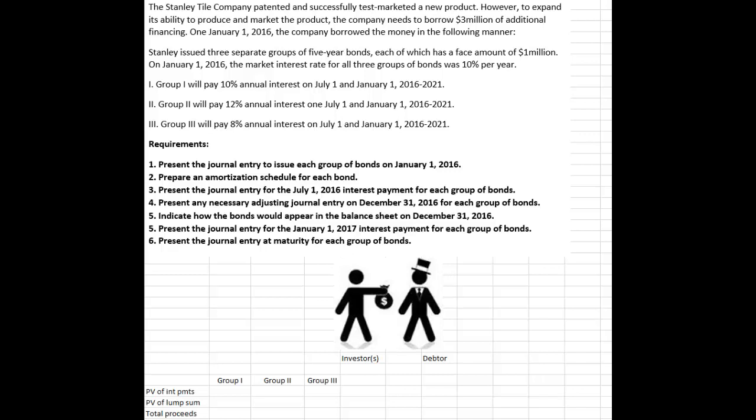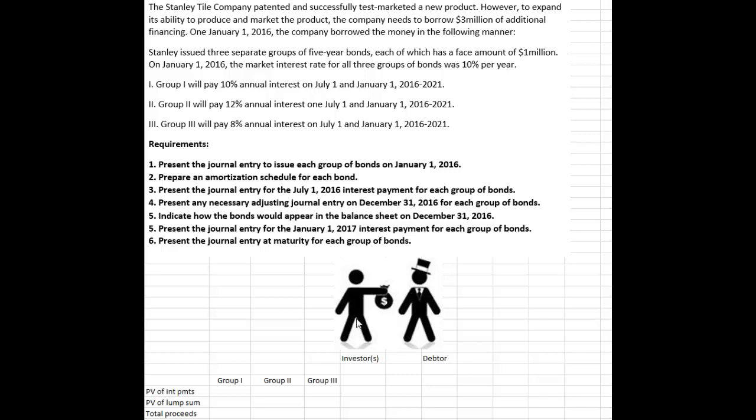So remember from class and in prior courses that when we look at bonds in particular, bonds are nothing more than a contract, and it's a contract between two parties. On one side of the contract we have investors that have money, and on the other side we have the debtor that's going to borrow the money. In the example here, the Stanley Tile Company is the borrower and the bond holders are the investors. So they need money, the debtor, and the investors have the money, and so they're going to come to some terms in this very formal agreement,